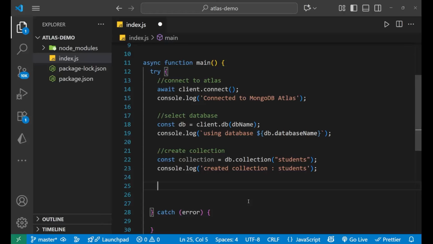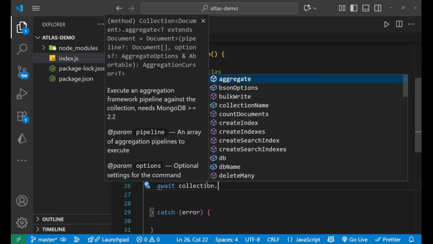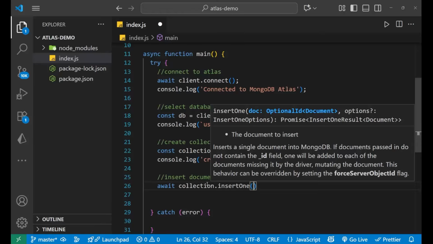Now after this, let's insert the document, right? Let's insert some data, basically. So this is the collection, right? So we are going to use this to insert the data. So let's do the task for insert document. Here I'll write await collection dot insert one. I'm going to insert one data, right? So here I'll insert our object, which is name as, let's say, Piyush, and then put a comma here, the age as, let's say, 22, then the course is, let's keep it btech only, right? btech,